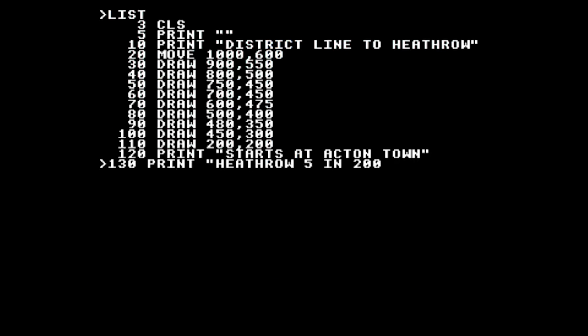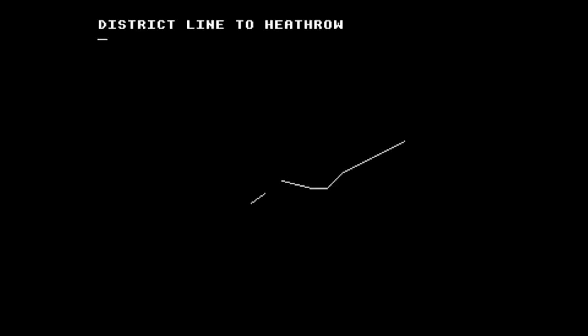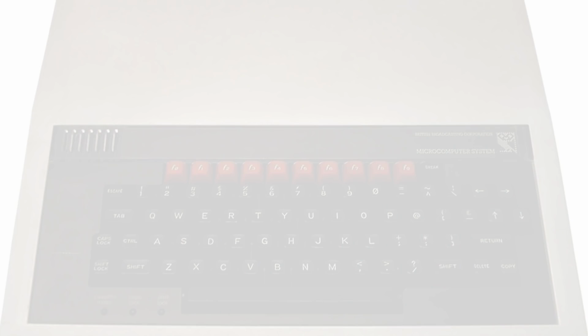Sad face, doesn't work. But recently, I downloaded an emulator in a Heathrow video I made a while back. But in the early days, it was all still very, basic. I joked about drawing maps instead of using After Effects, and I simulated using a BBC emulator. What if you used the draw and plot and VDU commands on a BBC B Micro to draw some lines on a map? And that just made me think, use the emulator completely. Could I draw a tube map, Zone 1 area only, on a BBC Micro B emulator?